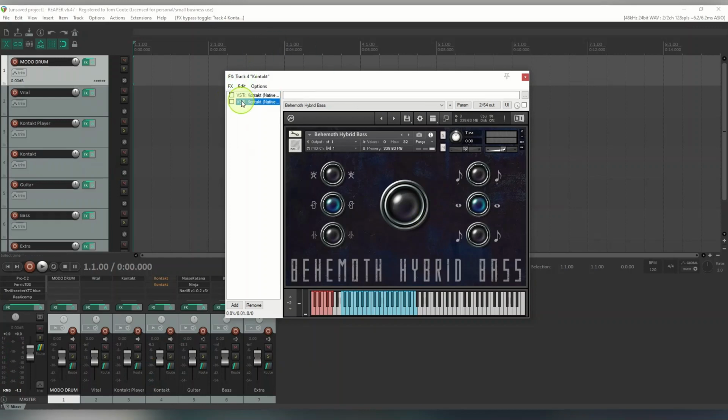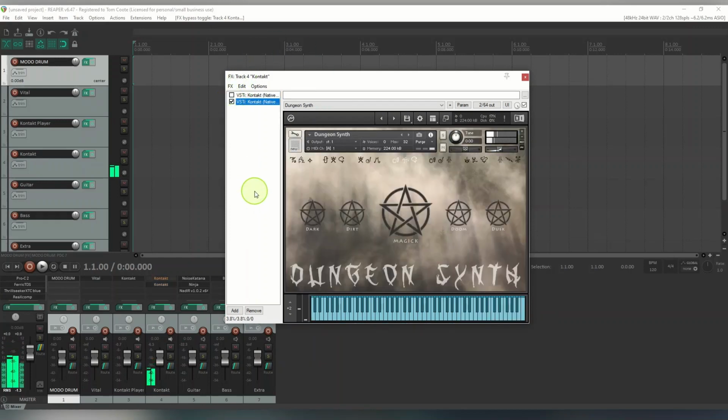Another one I did was Dungeon Synth. So although Kontakt is a sampler player and it's all based around samples, if you've got a full version, you can also use it to create your own wavetable synths and make instruments that way, which is a more unusual way. So along here, these use different wavetables. These are all the different effects. So basically, if you wanted to make it sound more evil, then you just need to turn the different pentagrams up. So if I put the magic up,